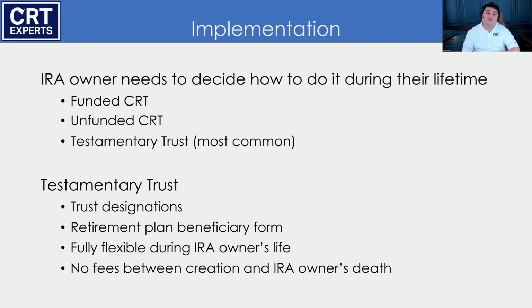So we're doing this on a revocable basis. The trust instrument, the agreement, is going to look the same, but we're doing this on a revocable basis, and that gives the donor, the IRA owner, the ability to adjust that over time. For example, new grandchildren are born, or sons or daughters get married, and there's an in-law we want to include. We have the flexibility to adjust that planning over time, or if we change our mind, we can undo it